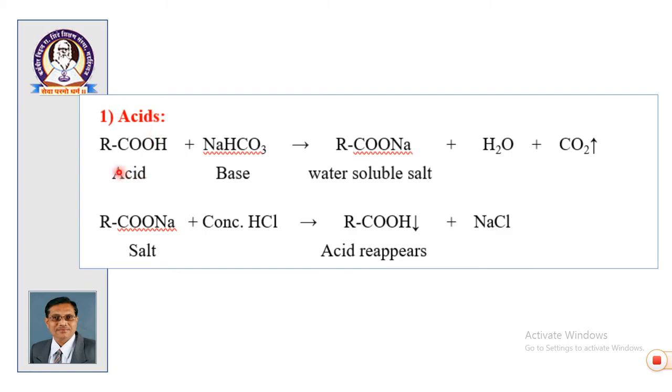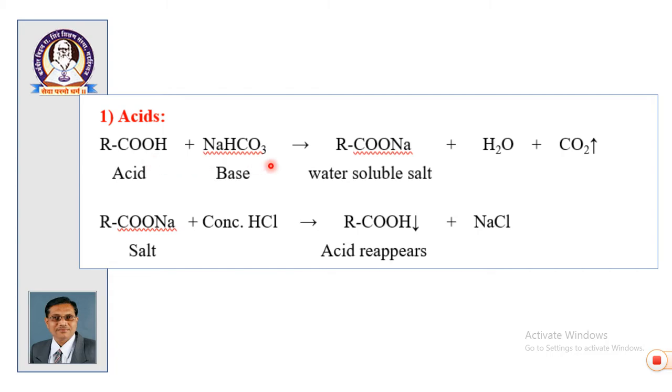So, an acidic compound will have a COOH group, the carboxylic acid group. So, RCOOH or ArCOOH plus sodium bicarbonate. This acid is water insoluble, remember well. When it reacts with sodium bicarbonate, it gets converted into the sodium salt of the acid, which is water soluble. So, as we mentioned, soluble and reprecipitated. So, what is that reprecipitation? This sodium salt when treated with concentrated HCl again gives the same acid. You will find that you start with RCOOH, you end with RCOOH. This is the reappeared acid.